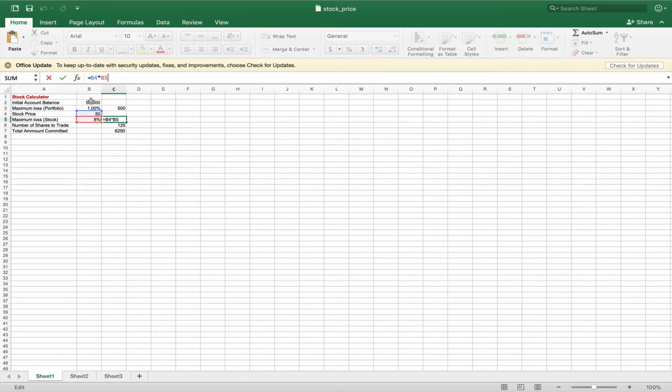Obviously you can change it to whatever your current investment account is. So let's leave it at 50,000. And the maximum loss on the portfolio that you're willing to take is 1%, or let's just say 1.5 here. So if you're willing to take a 1.5% loss, then the maximum loss that you're willing to take is $750. Now let's assume the stock that you're interested in has a price of 50, and now on the stock,